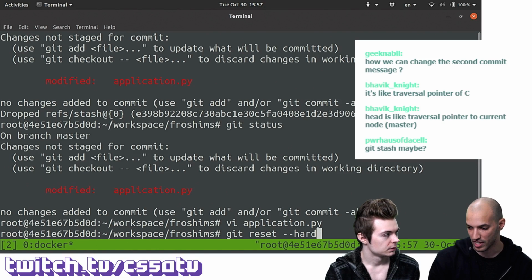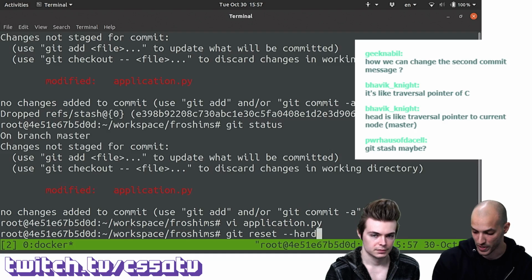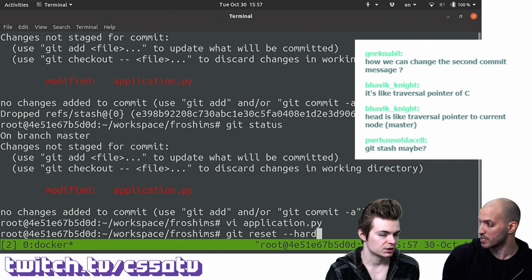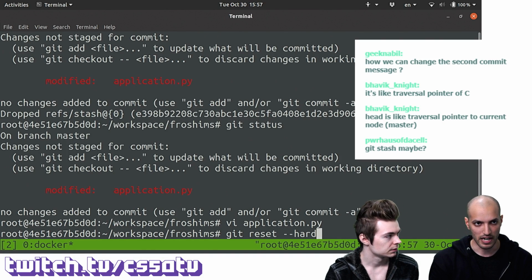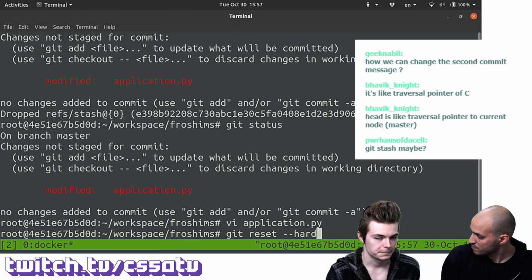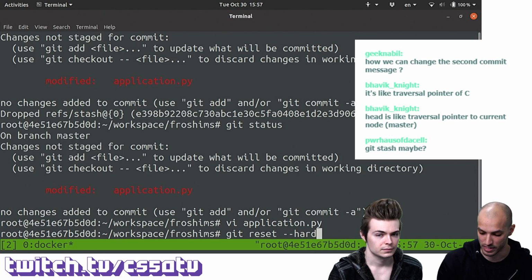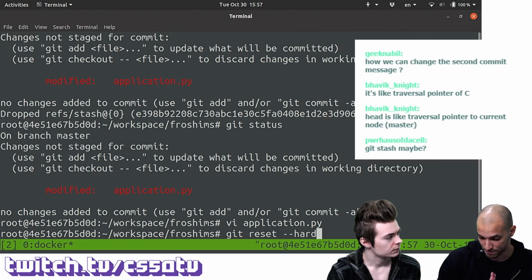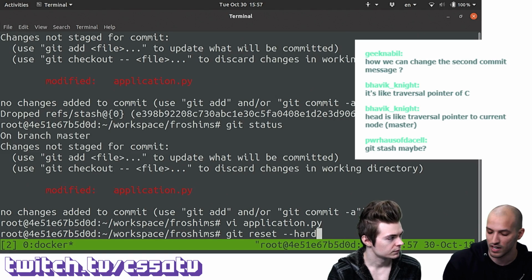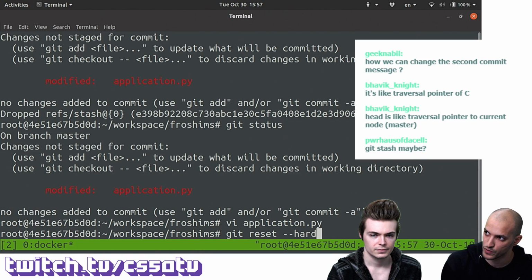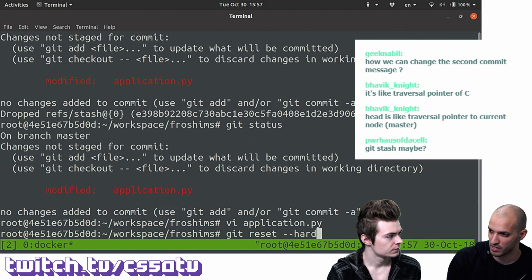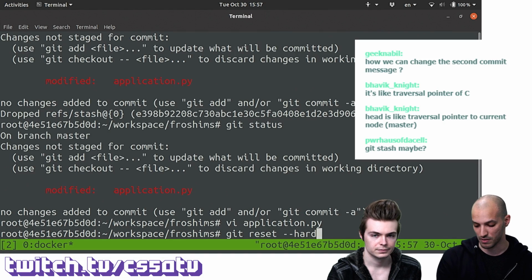Exactly. It's forgetting about any changes that you have right now in the repository and force resetting the state to the same state as it was. And just like checkout, this will erase all current changes, right? This will erase all current changes, yes. The good thing, though, is that it allows you to revert to a completely different commit. All the files, all the folder structure is going to be the same as in this commit. While with checkout, I guess you can just check out certain files from that commit. There should be a way to check out everything, but I think it's going to be a little bit more complicated to use than using git reset by itself.